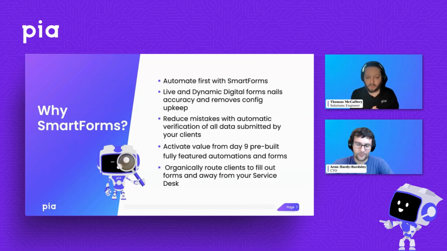And of course, one extra thing I want to point out here is we do have over 9 pre-built automations that come fully configured, fully featured, as we saw out of the box. You can, of course, create your own as well. And I have a bit of a line I like to use with partners when I talk about this: not every smart form that you build has to be a smart form. If you've got a couple of standard requests that you get from your clients and you want to put them into smart forms, we have a video coming soon on how to build it.